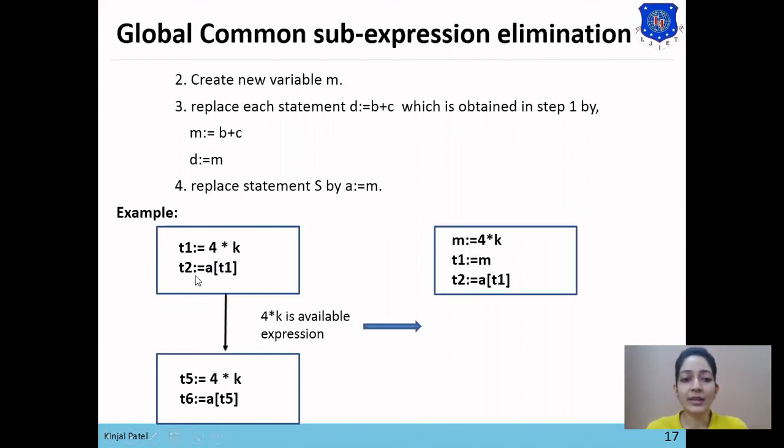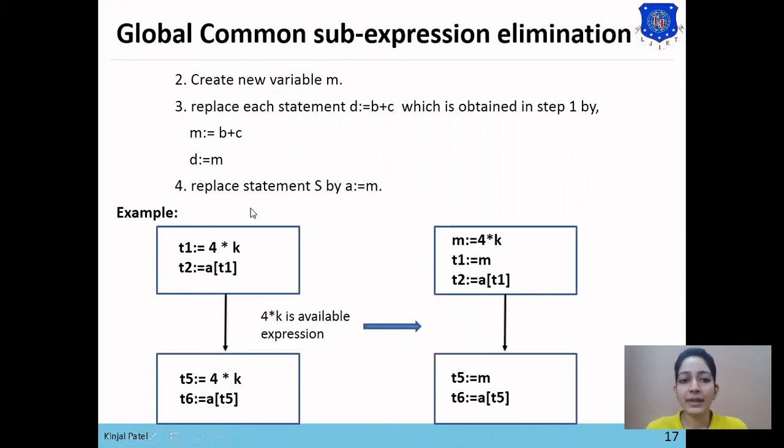Now after discovering this point, the next step is to create a new variable M, and here we have created variable M. Then replace each statement D equals B plus C. Here our statement has the form T1 equals 4 star K, which is obtained in step 1, replaced by M equals 4 star K and D equals M. Here D is T1, so T1 equals M, and T2 stays as it is, T2 equals A of T1. So the third step has been performed.